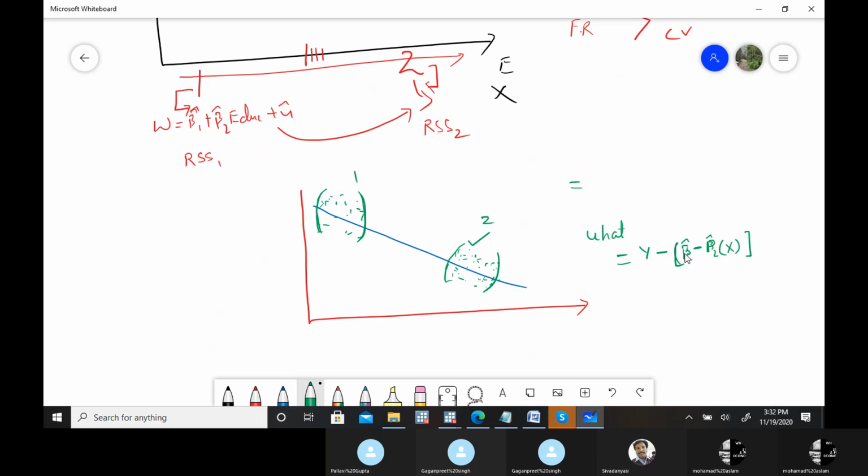It's going to be negative. So these are the actual y values, whatever values you have here. But think that these actual y values are definitely lower, because this is this particular range of y, right? And this is this particular range of y. So I'm comparing the first and then the second. Y minus beta 1 hat minus beta 2 hat and the x variable.